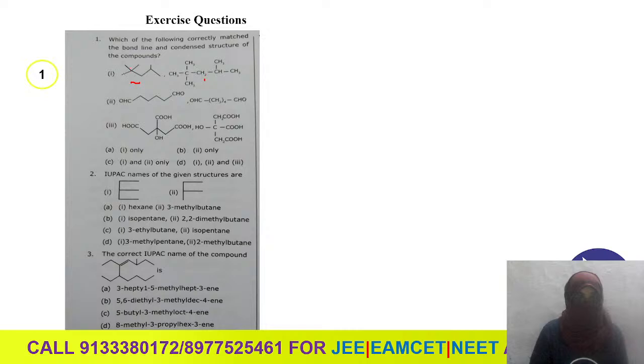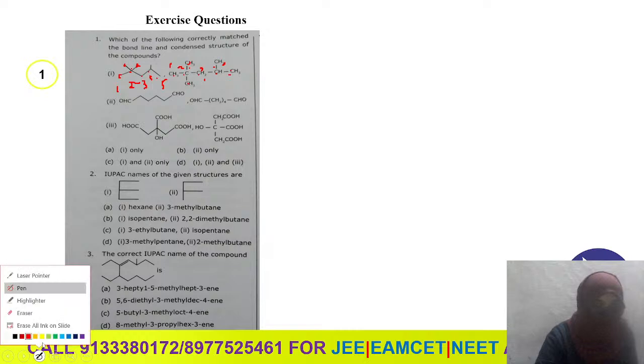Let us practice. You see 1 carbon here, 2, 3, 4, 5 carbon. 5 is a straight chain. Let us see whether it is there or not. 1, 2, 3, 4, 5. Yes, the straight chain is the parent chain, which is 5 carbon. Here you can see first, second, third, fourth, fifth. At second position, there are 2 branches. One carbon branches. 1 carbon here at second. 1, 2, 3, 4, 5. Yes, at the second position you will find methyl. Yes, here also we found methyl, and the fourth position also contains methyl. Yes, I would say that the first structure is right